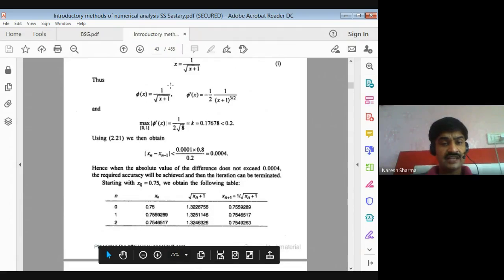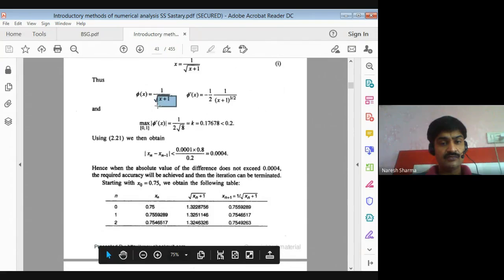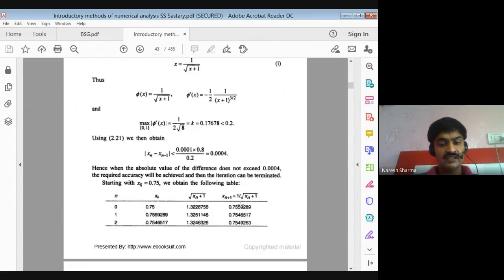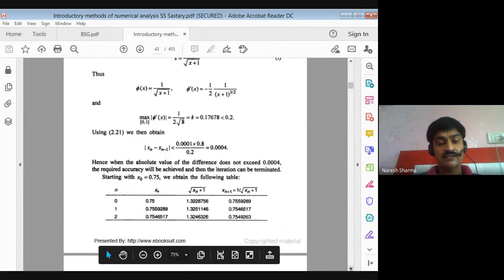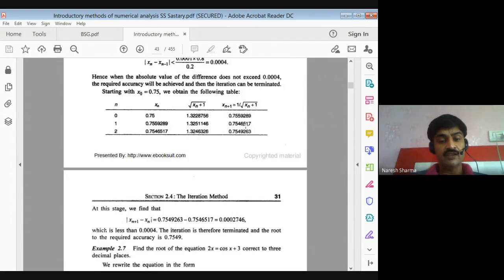So we choose this x1 again in the right hand side. Put it in this lower term, and then you get 0.746579. Nothing else. You just need to put your result again into the right hand side, that gives you a new x, that is your x2, again similarly x3. So continuously you can calculate your x4, x5, right? If you see here up to 3 decimal, or 4 decimal, these two are the same, so you can see this is your final result.